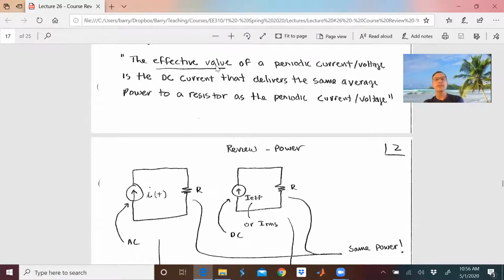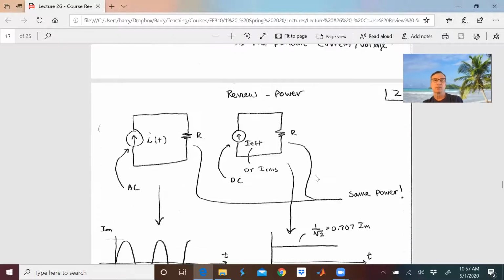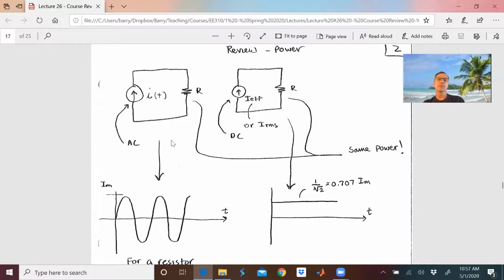Or in other words, the effective value of a periodic current in this case is the DC current, this I effective, that delivers the same average power to the resistor as the periodic current or voltage. So bottom line is we start off with this AC current, and we're going to get its RMS value as a DC value. I'm going to feel this resistor right here, and it's going to be just as hot as this resistor. Average power is going to be the same. Same power. So here, my current is going up and negative and up and negative. Here, my current